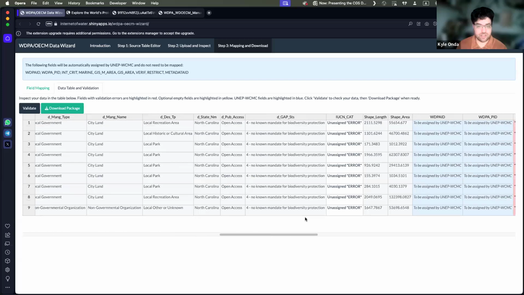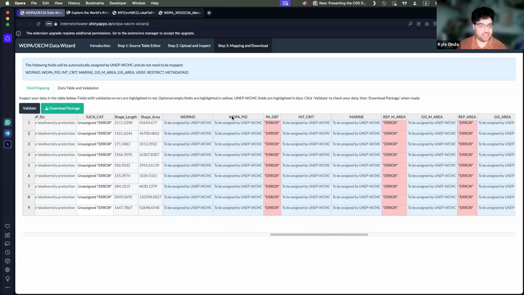And then that works for all of the data types. You see the columns in blue are the ones that we've added that UNEP WCMC will fill out, so you don't have to be bothered by that. And then there are other fields, like the area, that are probably just numerical. So you put,